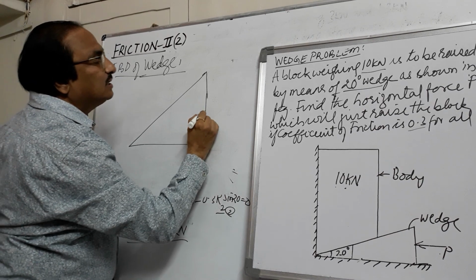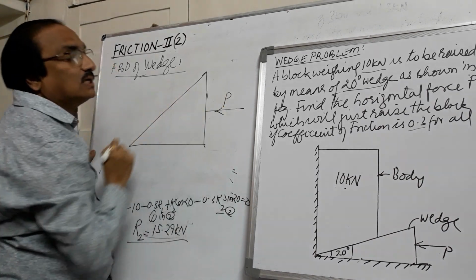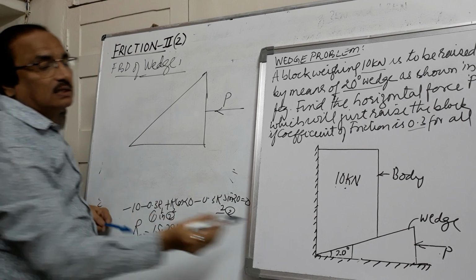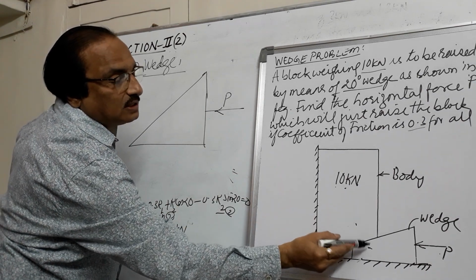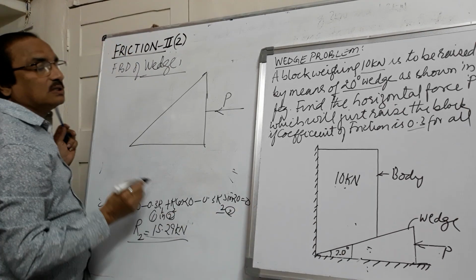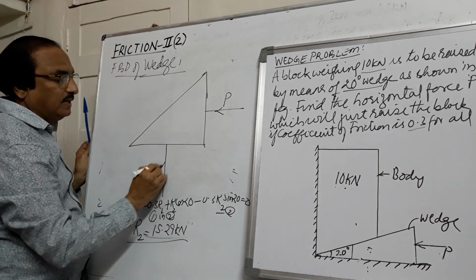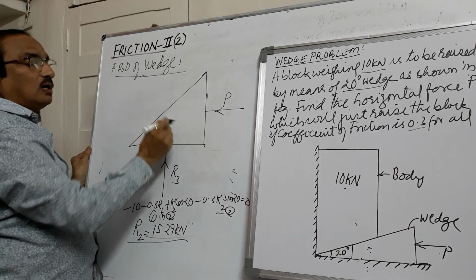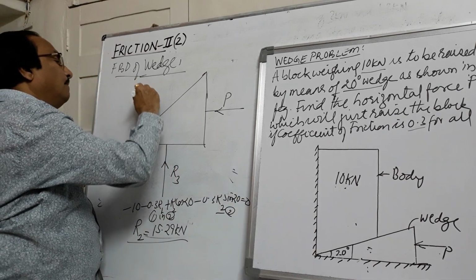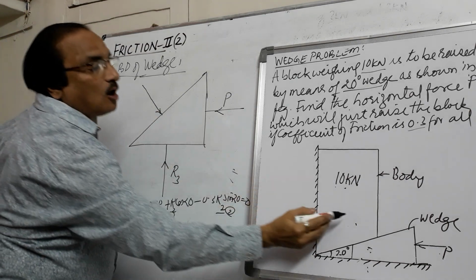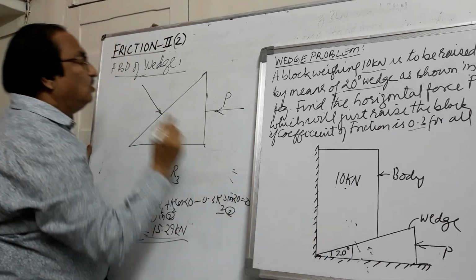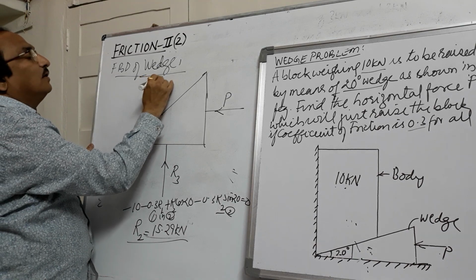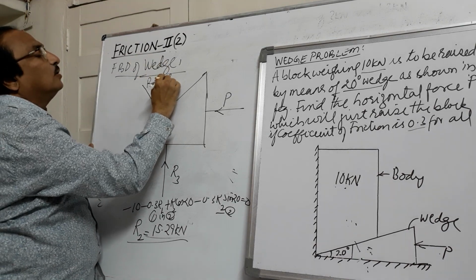Now you see there is a horizontal force P which is applied. That's the only force you see there. Now we'll come to the contacts. This wedge has contact of body to wedge and wedge to horizontal surface. So here, new surface, new reaction, R3. There is contact between body and surface. Now this reaction will be common for both. We have seen here R2, so this will remain as R2, and we know the value of R2 is 15.29 kilonewton.